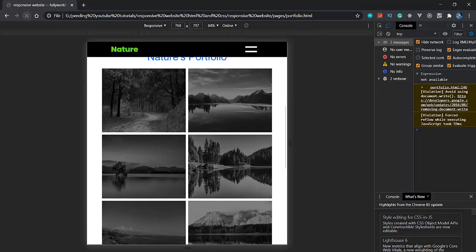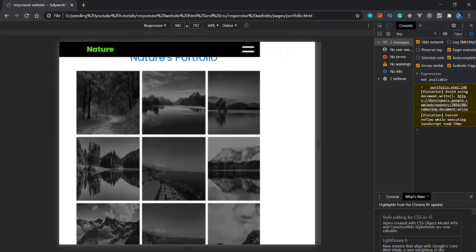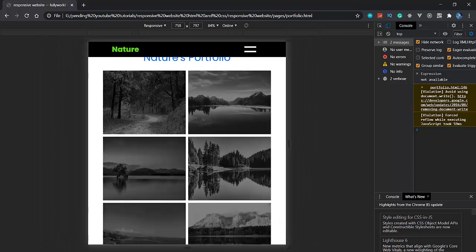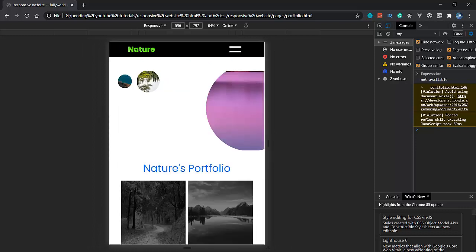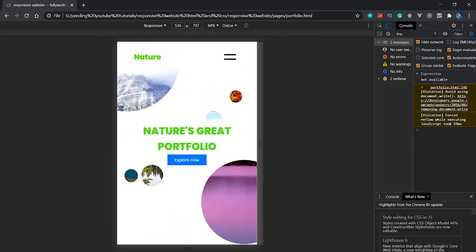So let's see if it is working good for this one also. See, now at 536 pixel we have to change the font size. But it is good, so let's move on.